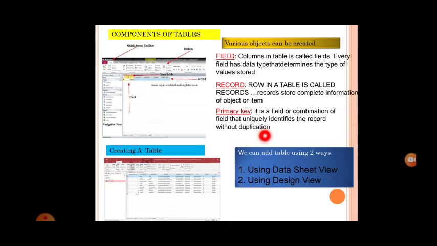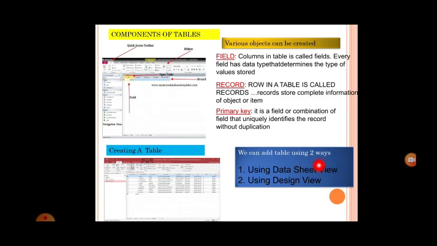For example, two persons with the same roll number can't be there. A person can give only one roll number. The next person has to have a different roll number. But any address can be the same. The name also can be the same, and sometimes the phone number will be the same. But the ID, whether you call it employee ID or student ID, can't be the same. For example, in your Aadhaar card, each person has a different number. There are no duplicates. So let us see the ways of creating a table.